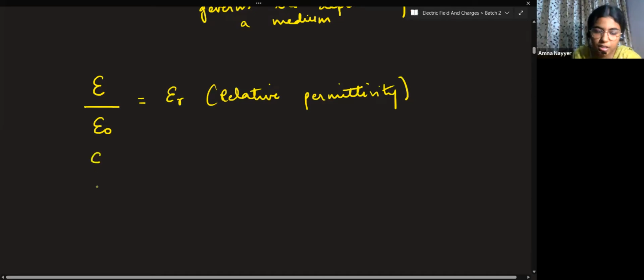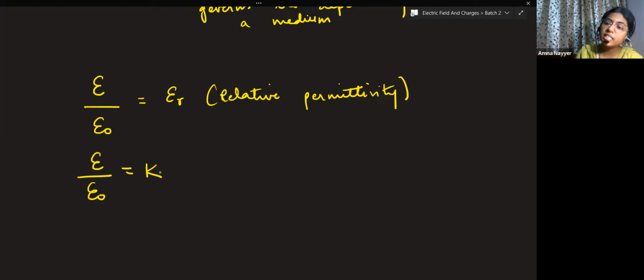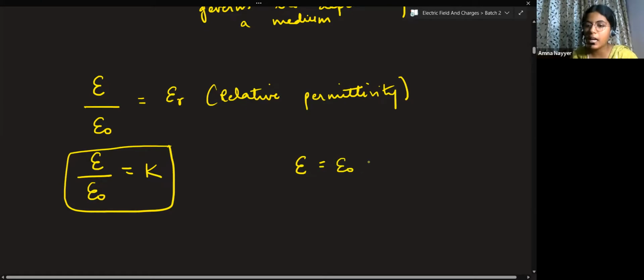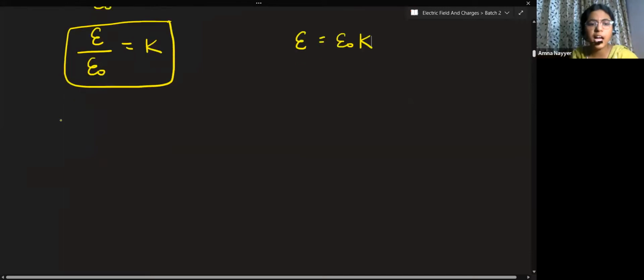Now see, this ratio of epsilon by epsilon naught is K. This is the dielectric constant that we are talking about. How this dielectric constant is physically used, we'll see when we do potential. But for now, remember that the ratio of epsilon by epsilon naught is K. So I can write epsilon as the product of epsilon naught and K. Whenever we are given a different medium, where the force in the medium is Q1 Q2 by 4 pi epsilon r square,